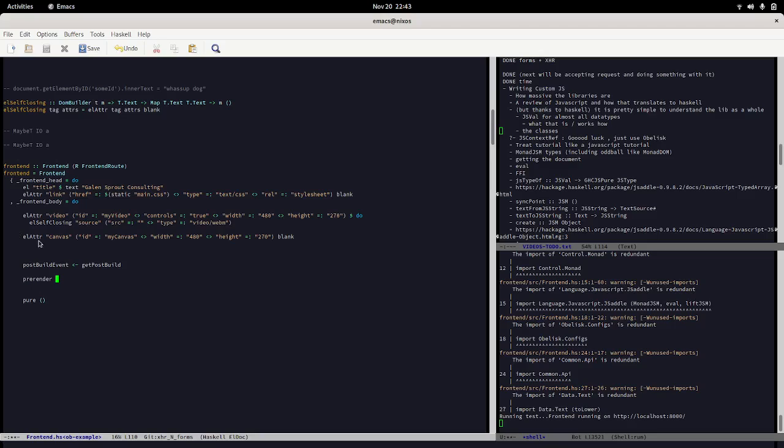Because at the end of the day, the entire thing that we're really doing here is building a DOM. And so we could use pre-render to, and I'm just going to leave this blank for now. We could use pre-render to basically create a script here. Although I believe we would want to also have perform event,